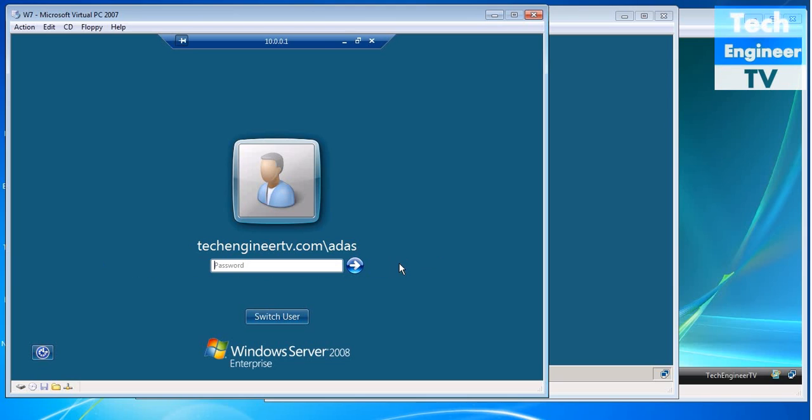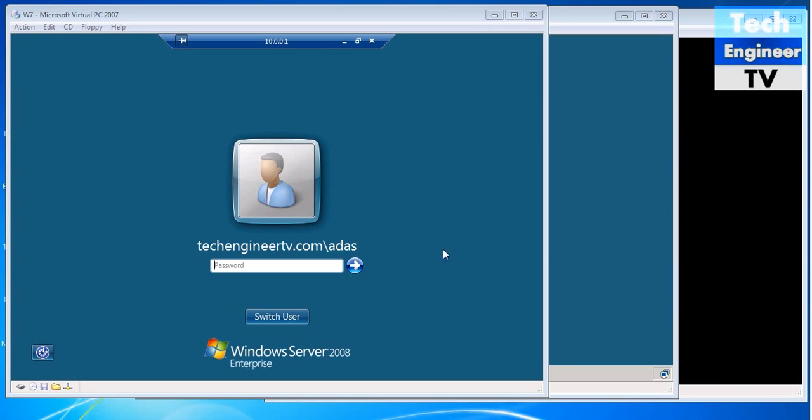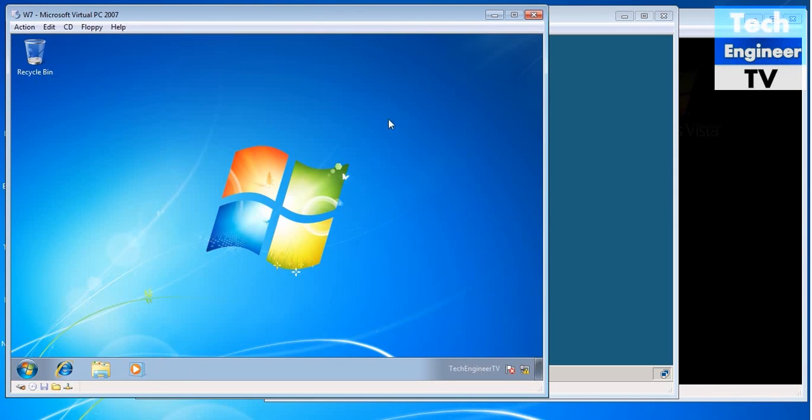We are not able to log in currently at Windows Server 2008 since we just created the VPN. We need a terminal service. VPN at a wide area network uses terminal protocols, lots of terminal protocols. It needs security. Currently, we can't. Terminal service is a different thing. We will learn about it